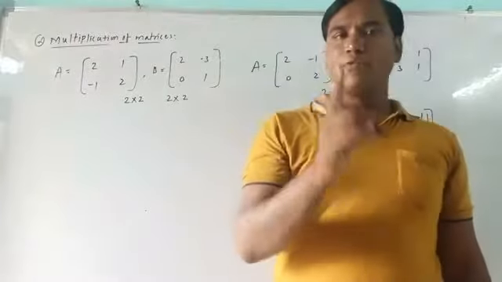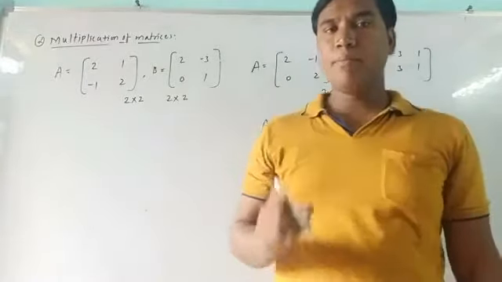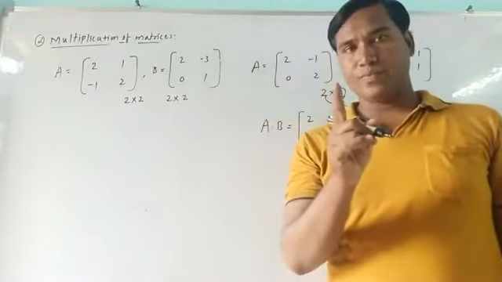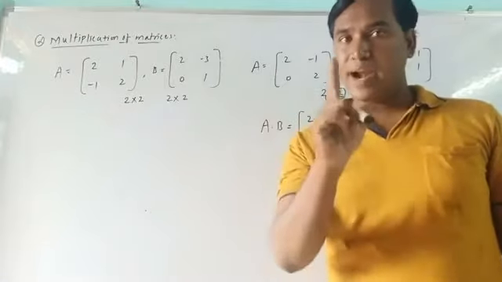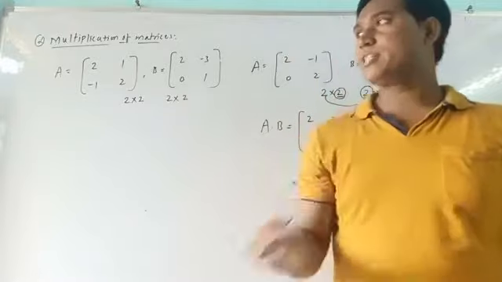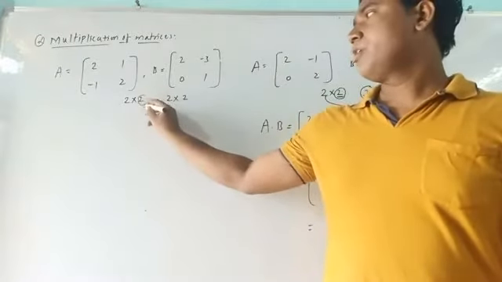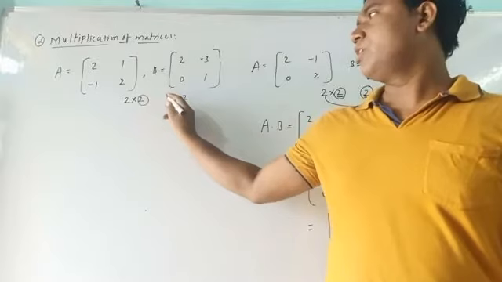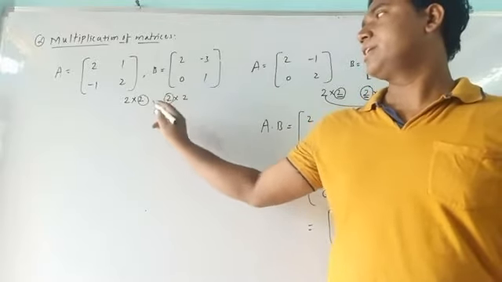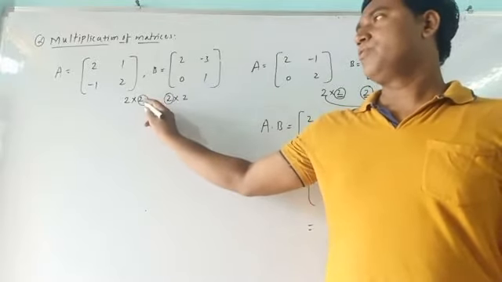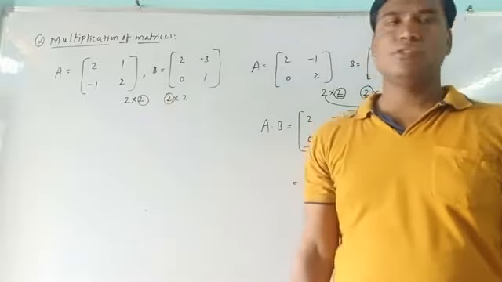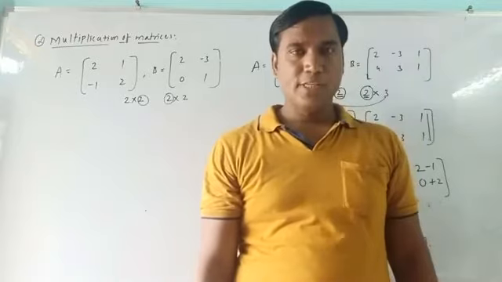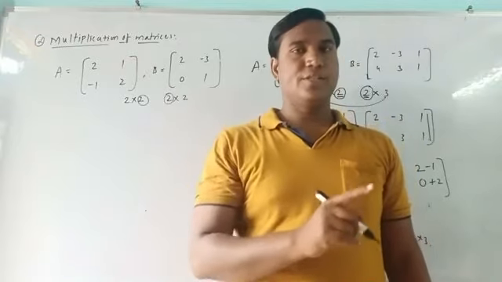It is a very important step. You have to observe whether the number of columns in the first matrix, please notice that, underline this word, remember here, in the first matrix means this one, is equal to the number of rows in the second matrix. So they are equal. So it means that multiplication exists.